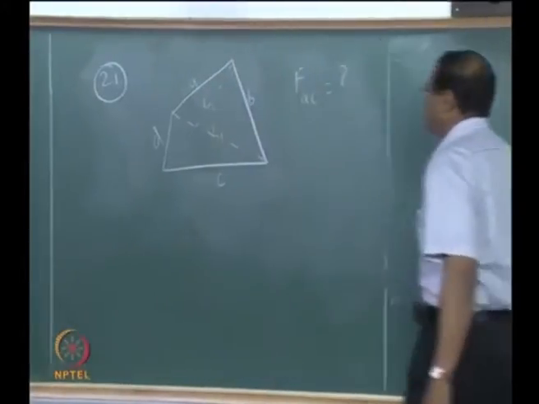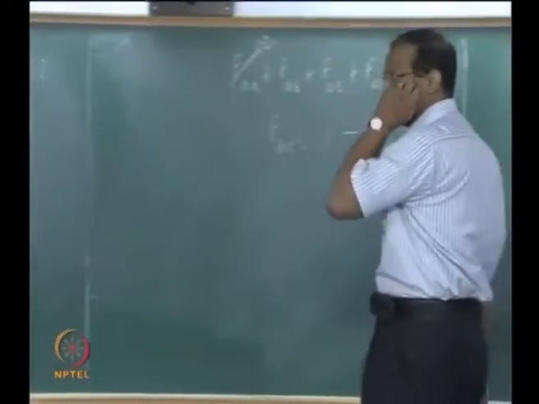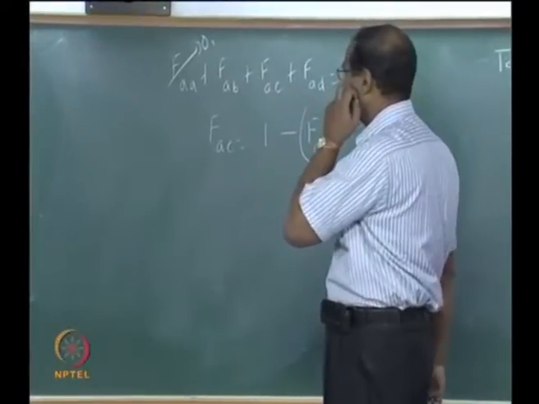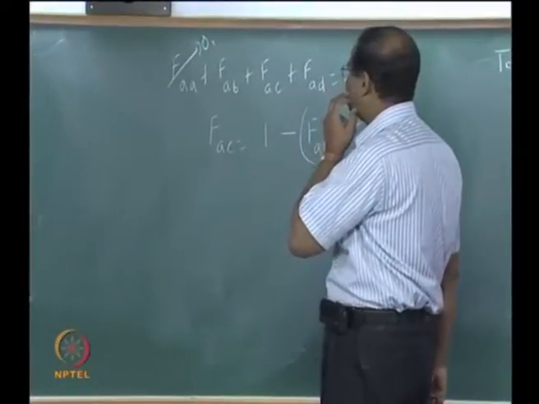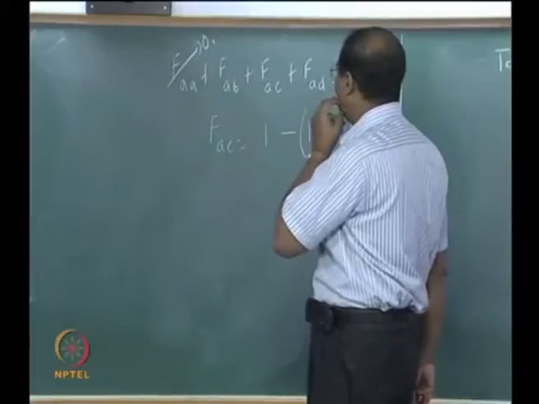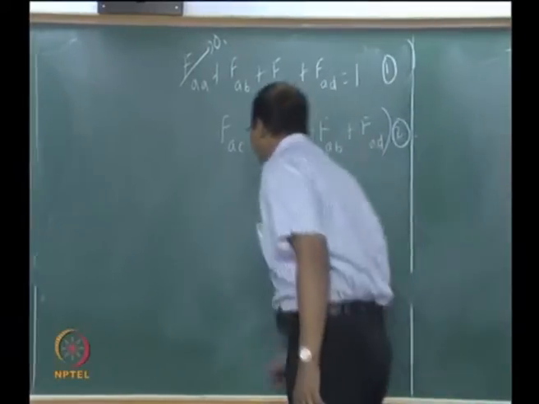L1, L2. L1 is enough. Now tell me, so FAC is 1 minus F, this is correct, FAA plus F, this is correct, right? Now FAB can be written as